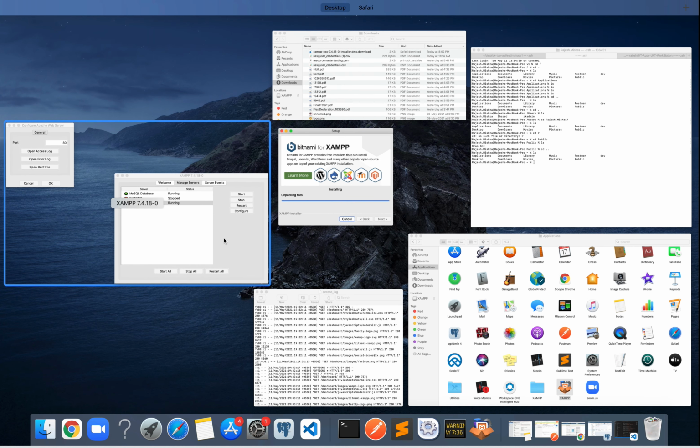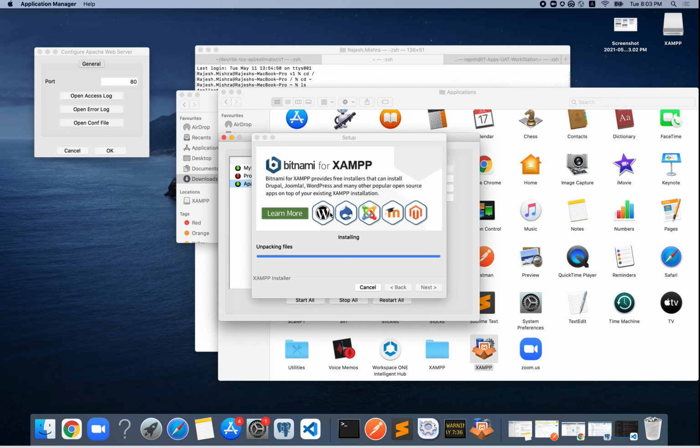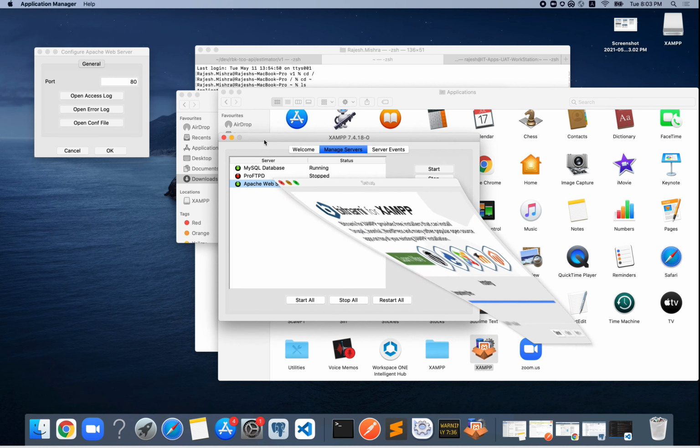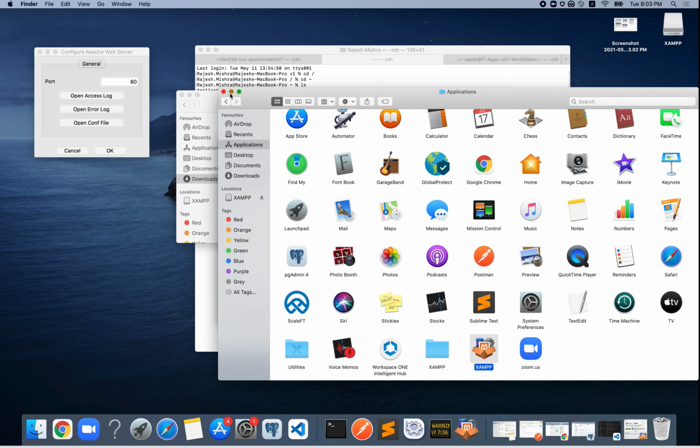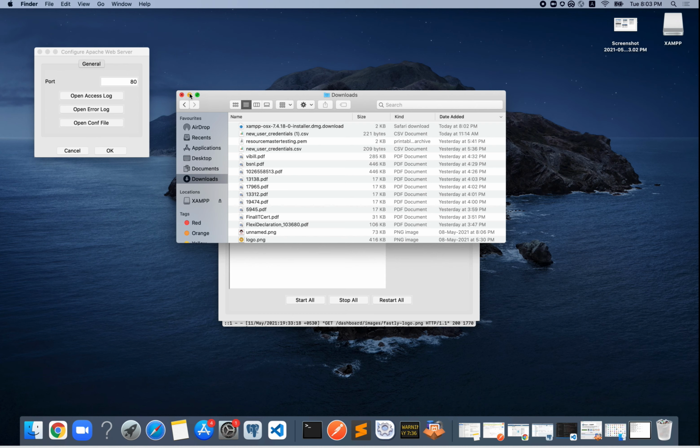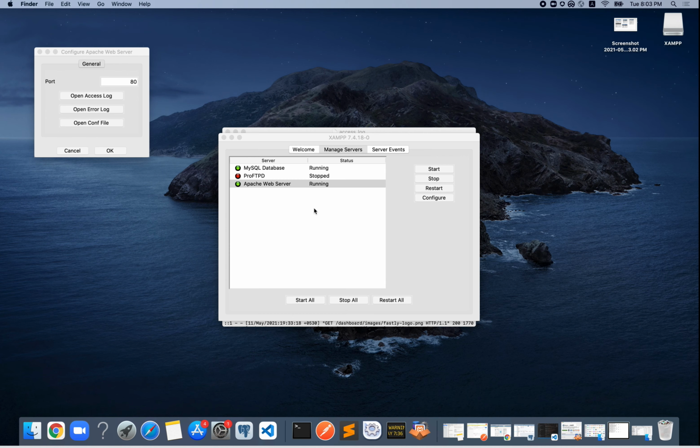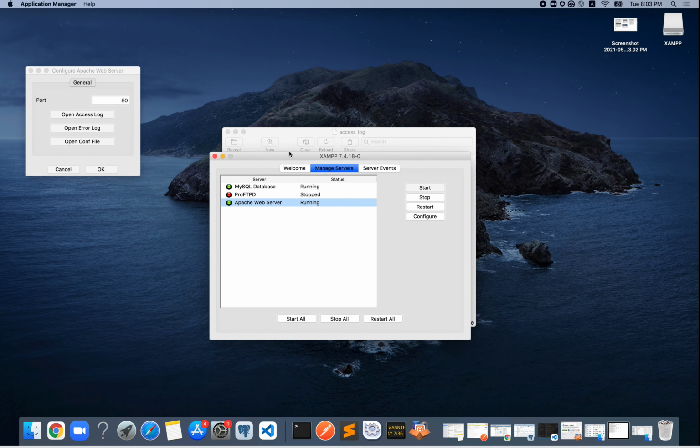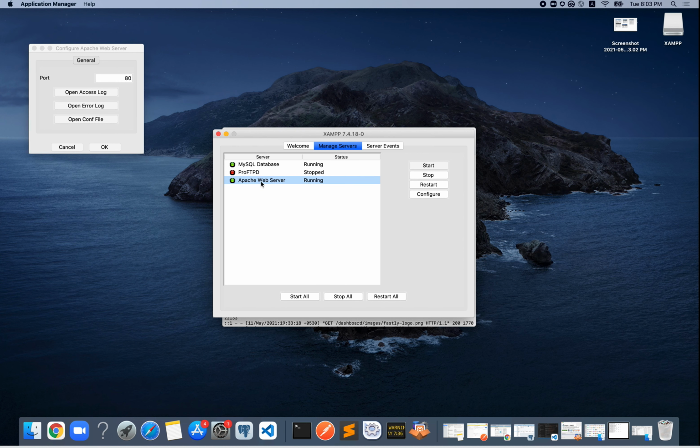Once the XAMPP installation is completed, this window will appear, and now you can see the Apache web server is running, and I also started the MySQL database.